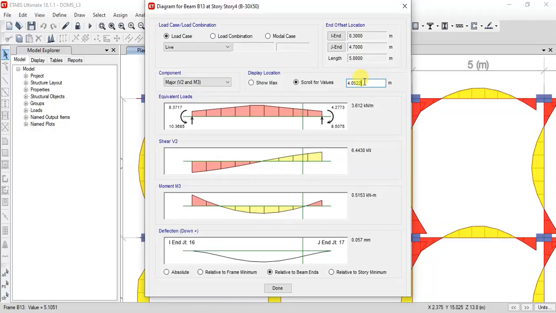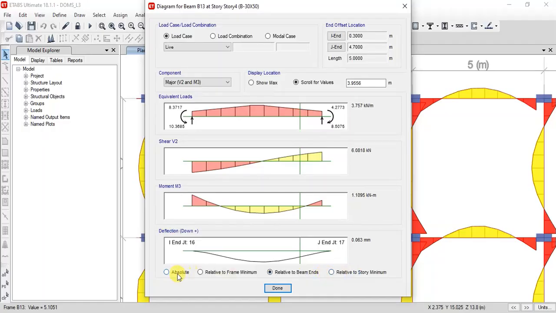If you want to know the result at 4 meters, you will be able to get these values. This is nothing but our ILD diagram, the influence line diagram method. So this is how ETABS will give the outputs, and you can check these values for your further design.